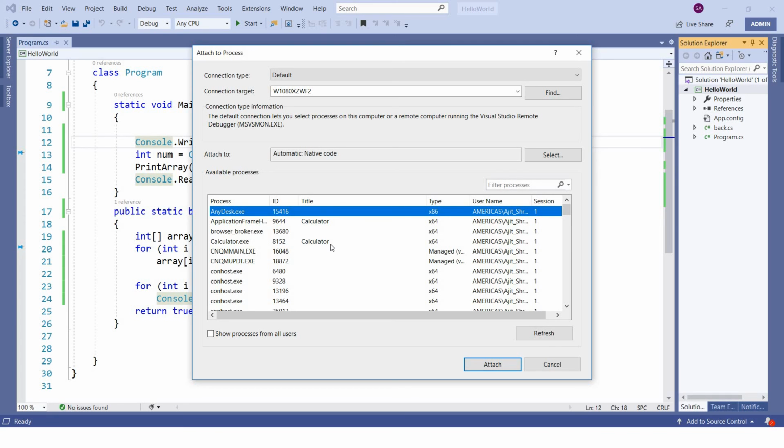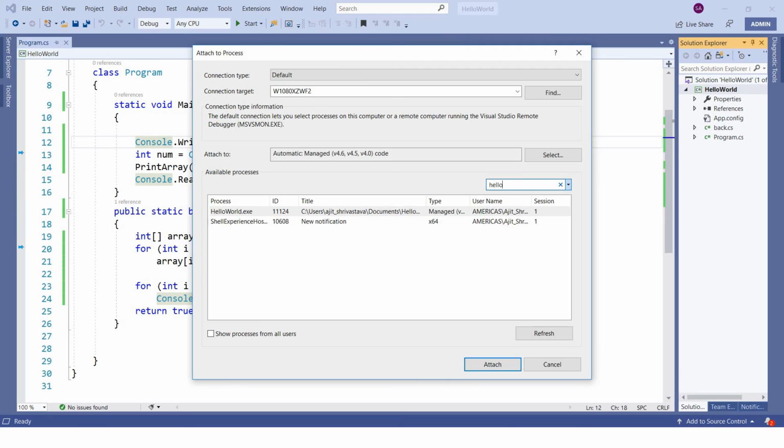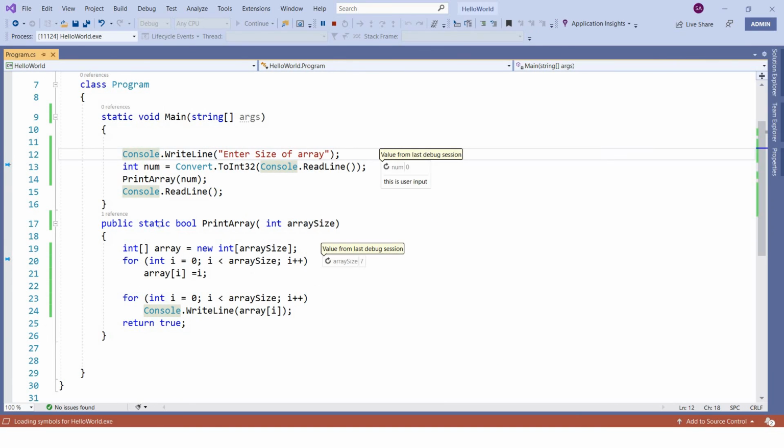Then here you have to search for that application. What was that application name? I guess it was Hello World. So you should see the process name here, helloworld.exe. This is the process you want to debug, right? So just select that process and click on Attach, and you can put a breakpoint now. We'll see how it is doing this.